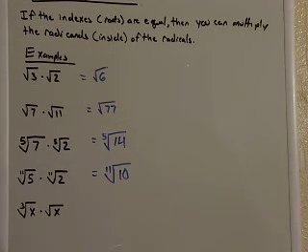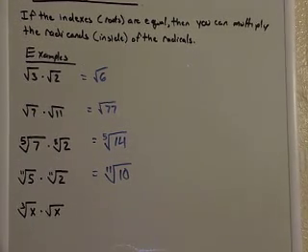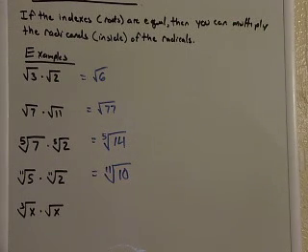And take a look at this last one. The cube root of x times the square root of x. Let's ask ourselves, are those indexes equal? Well, no. One is a cube root and one is a square root. Therefore, to do this one, we have to first convert this into rational exponents and then use the laws of